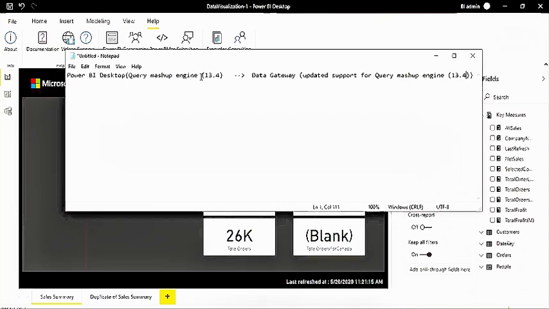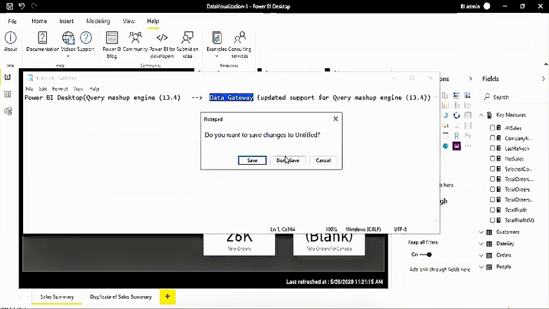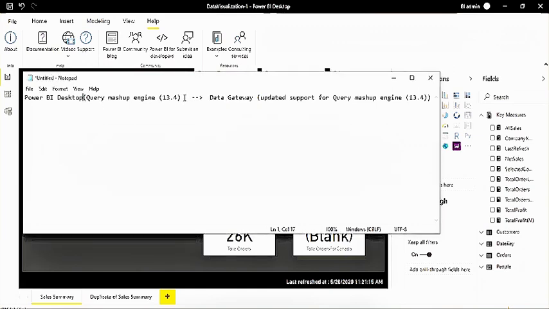Then whatever query mashup engine version or features you have, they will be supported by the data gateway. It means you won't see any problem or issue during the data refresh time. This is just add-on information for you, because it should not be that you are using Power BI Desktop of March 2020 or May 2020, but a data gateway version of, let's say, November 2019. Then you will see a lot of compatibility issues and inconsistent refresh errors. And the bad thing is that on the internet you also won't find the exact answer to those problems. So the straightforward rule is to always upgrade your data gateway as well.